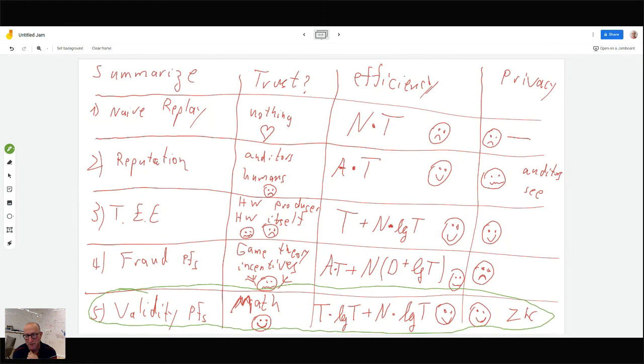That would be the topic of some other talk, and probably a lot of research has to be done in comparisons and whatnot. Yes, but there are many hidden constants and practical considerations. I mean, we will see these various things playing out in the world. The world is dominated by reputation-based systems, right? The whole financial world operates in this way. Naive replay is blockchains today. We can see it working out.